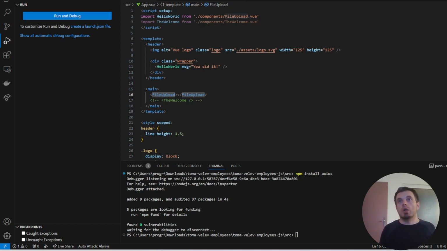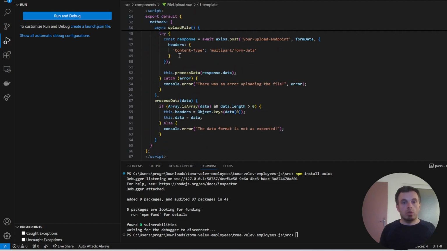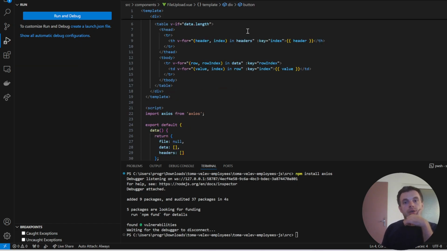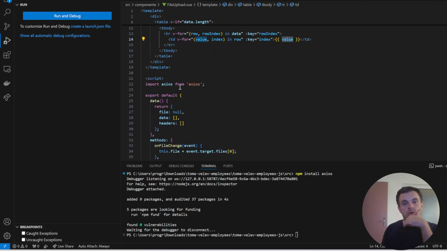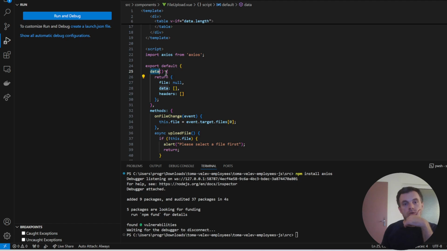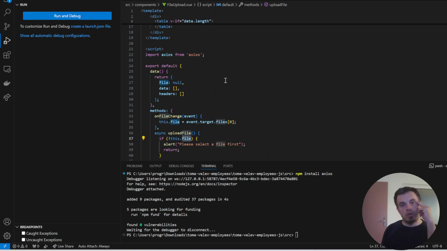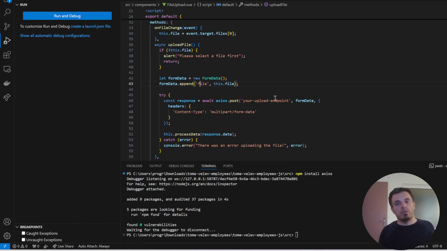Okay, so I'm gonna copy the code from the view. Yes, a lot of change, click, and it will output some data in a table. Okay, so Axios. So the default data is empty. So on file change, if this file is not valid. It makes a form data, adds file, and here